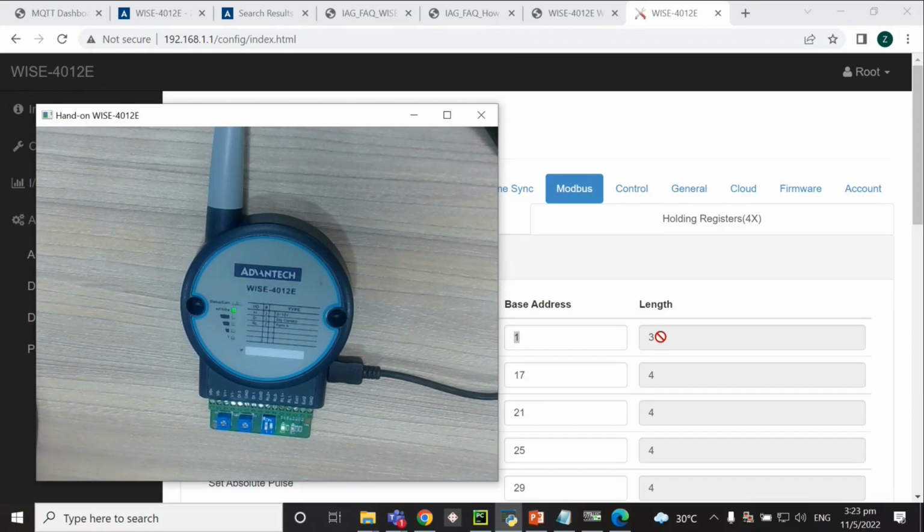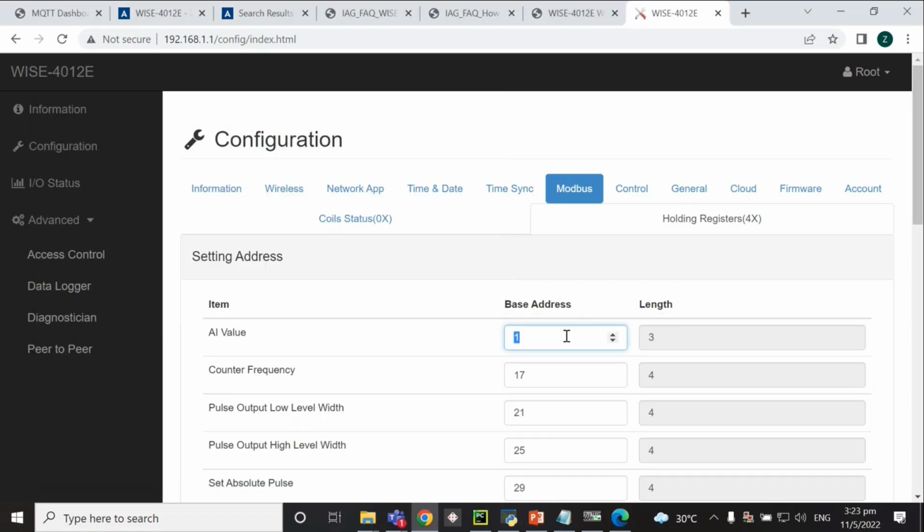What is the purpose of the last address? Sometimes our customers want to get an accurate reading or do some noise cancellation. They will use one sensor signal and connect it to a few channels. Then our firmware will do the averaging. That is the reason you are seeing all analog inputs addressed with three. But if you are connecting two sensors,